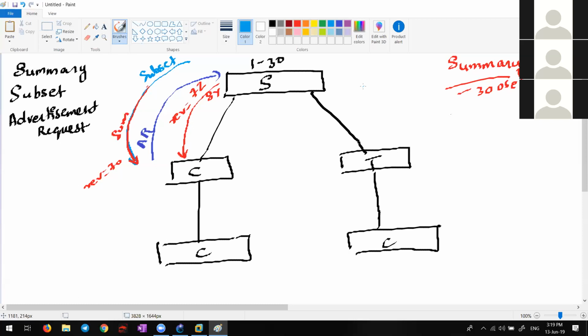Now, what information is inside a subset message? Write it down: VTP domain name, VTP revision number, VTP version number, and then the VLAN ID of every VLAN in the VLAN database.